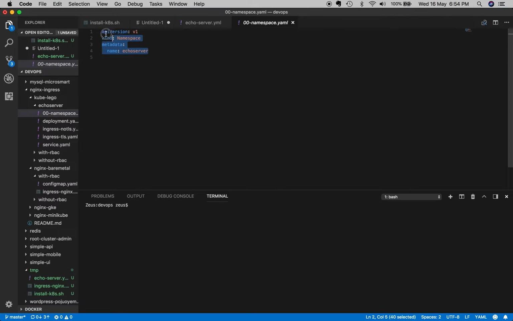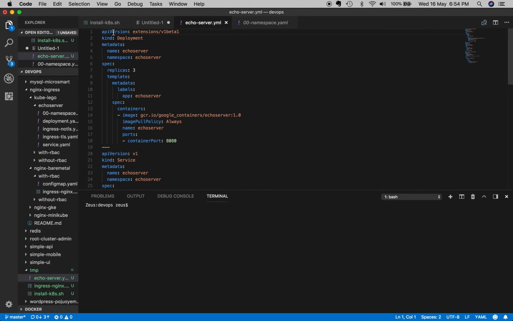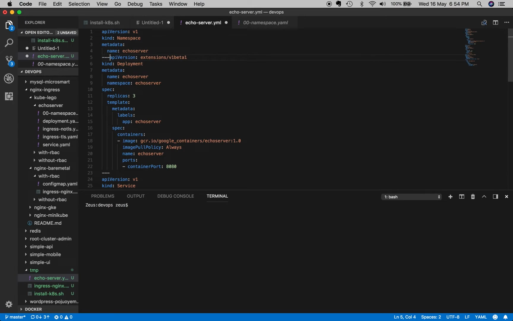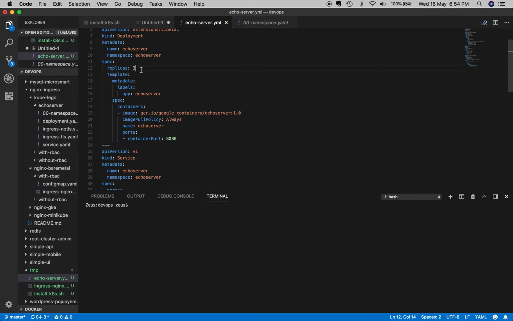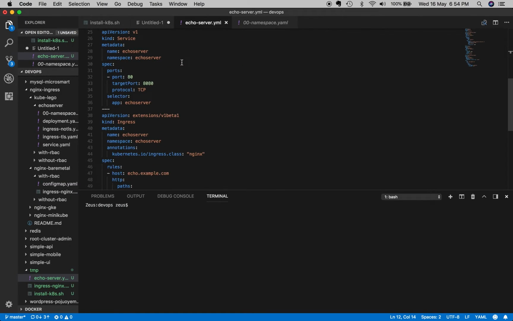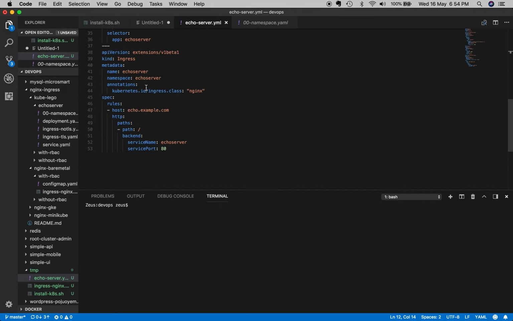So it's going to update it later on, but it needs to have a namespace as well. Okay, so it's going to create the namespace. It's going to create 3 replicas. I'm going to use the Google container. It's going to create a service, and then in the ingress bit, this is the important bit, right? I'm going to map that to